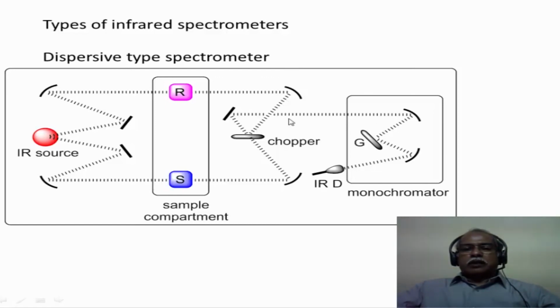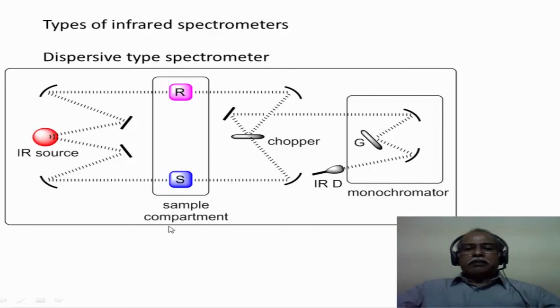For example, when the chopper is open, this beam will go in and hit the grating, or if the chopper is closed, this beam will get reflected onto the grating. The grating is a dispersive mode grating, so essentially it resolves the frequencies of the infrared region one after the other by tuning the grating, for example, and falls on the infrared detector. The detector detects it and puts it in the form of a signal which is recorded as an infrared spectrum.